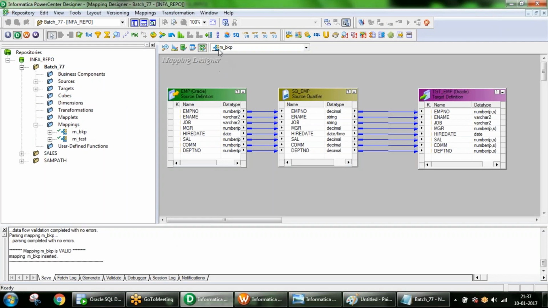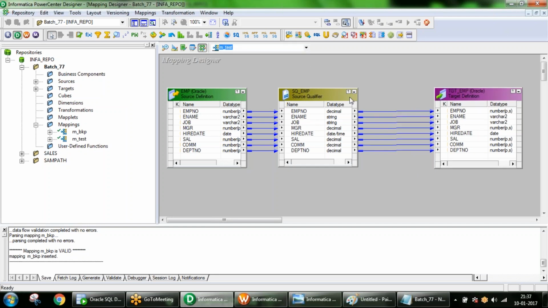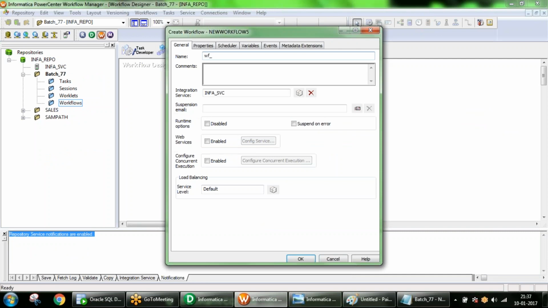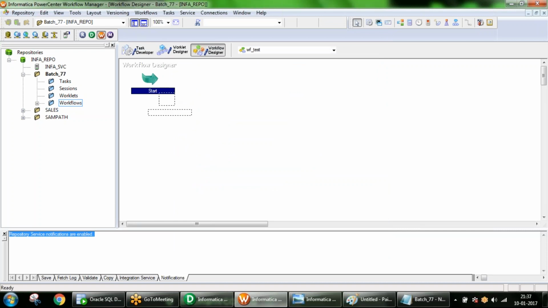For this mapping I gave the name m_score backup test. So here also I am going to give a similar name, workflow_test, because I am trying to execute the mapping m_score test, so I will create the same name here. Click OK. So the workflow is created.